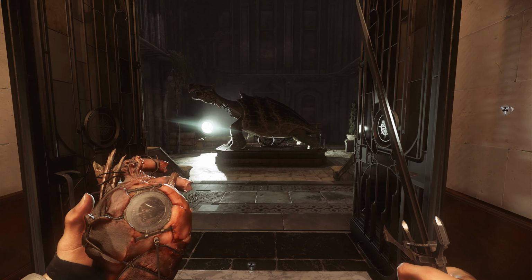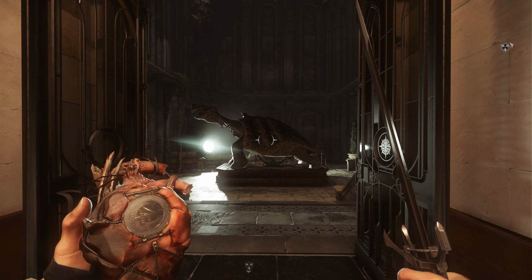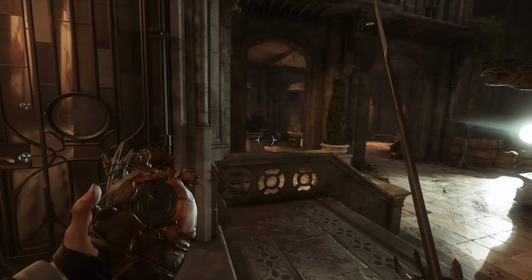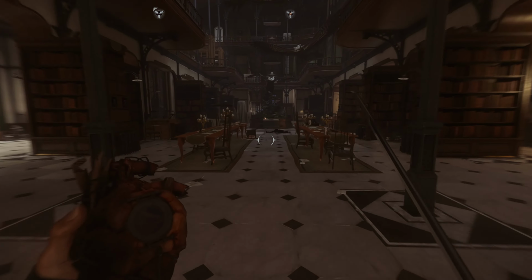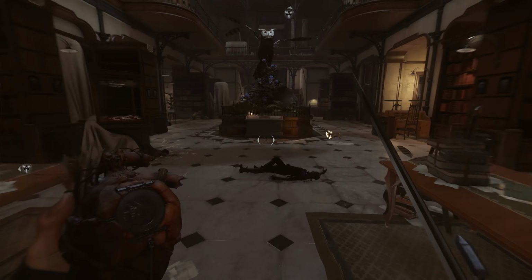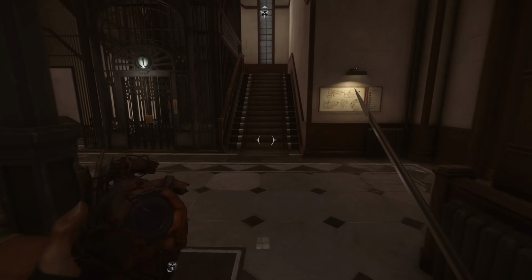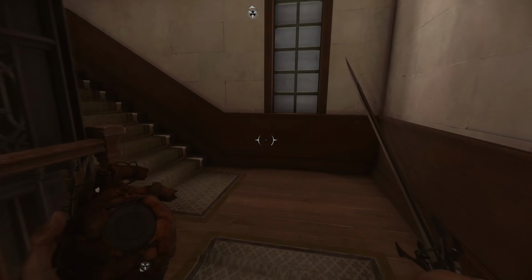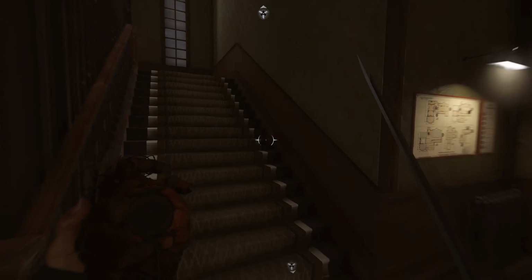Alright, Bone Charms 6 and 7 are going to be found inside the Royal Conservatory. We're right here by the door at the moment, near the big turtle, okay? You're going to head inside, and you're going to head all the way up to Brianna's office. I highly suggest that you pick these up after you deal with her. It's just easier. So, head all the way up the stairs. Keep going until you get to